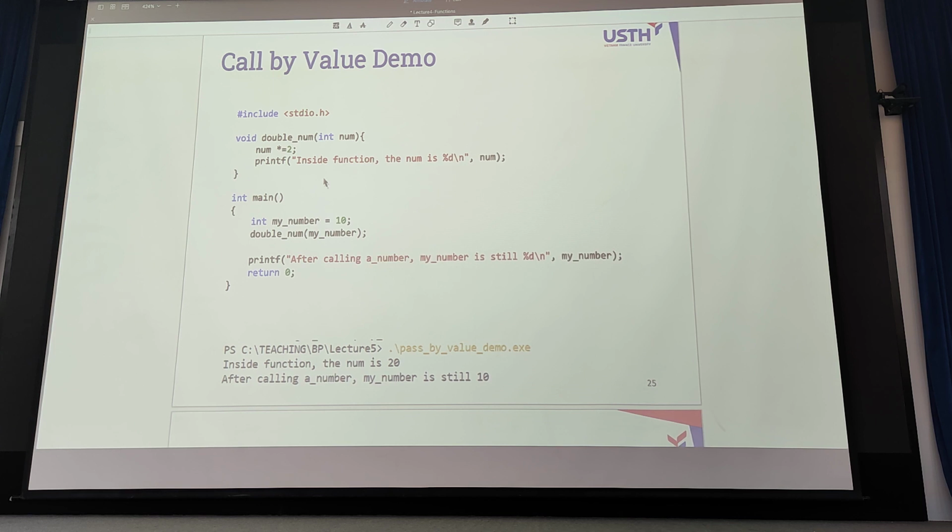Call by value demo. This is the demonstration on Windows.